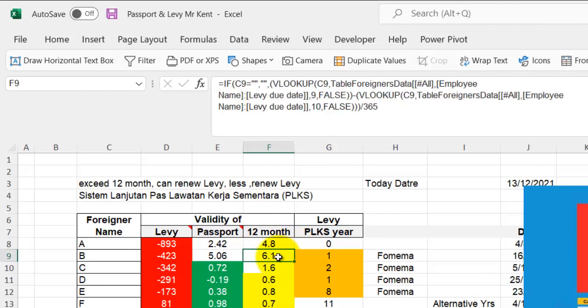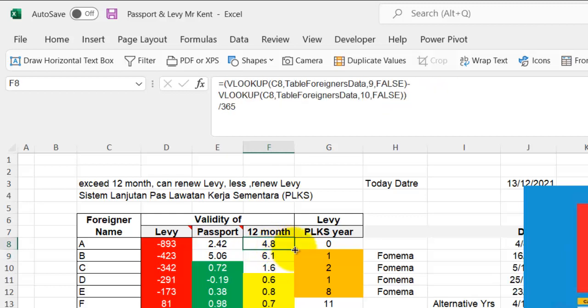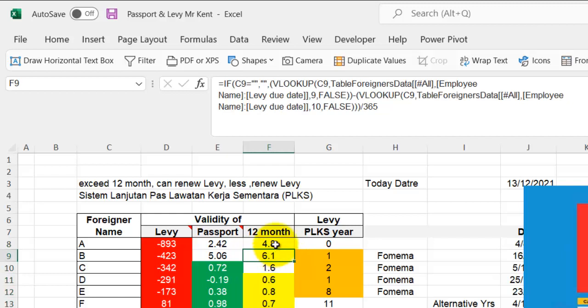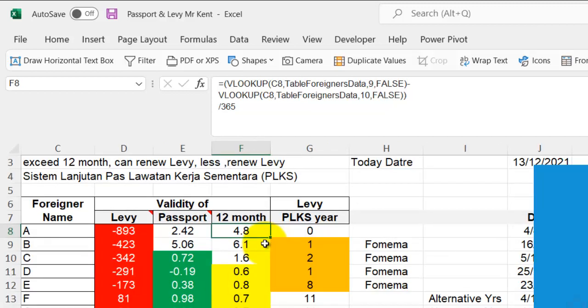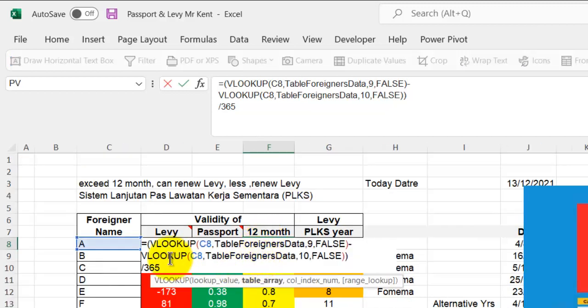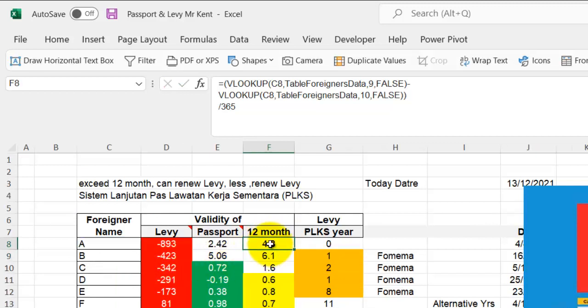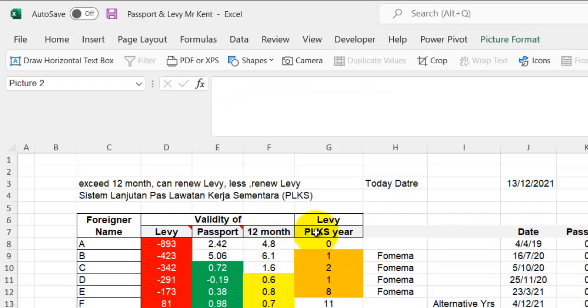Now compared to this one, the previous is like that. Now I just double click. It's still the same. If you notice, it's still the same data. Double click. There's not much change, but the thing is that the formula now looks cleaner. Okay, so more clean, and with the Excel table, that is just a great tool. Now, next thing is that if it's 4.8, if you want to turn it into 5 years, then you